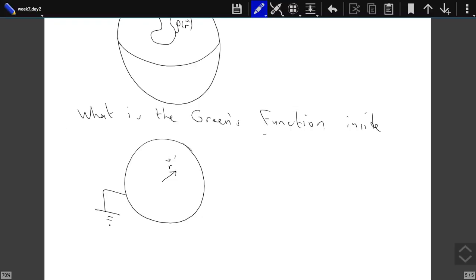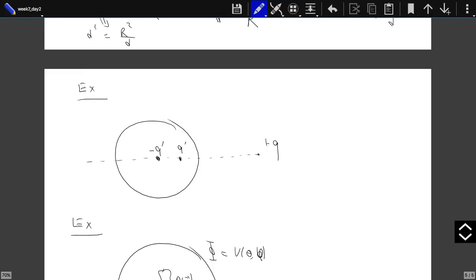Well, there are several means of doing it. One, you can use the separation of variables in spherical coordinates. You can separate your problem into the volume within that dashed sphere and outside, solve your Poisson's Laplace equation in both domains, and then match them at this dashed sphere. That is one way. Another method is to use the method of images. The idea is basically the same. If you go back over here,